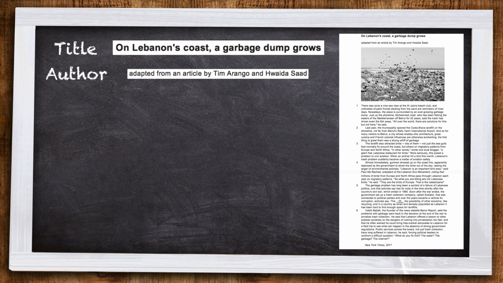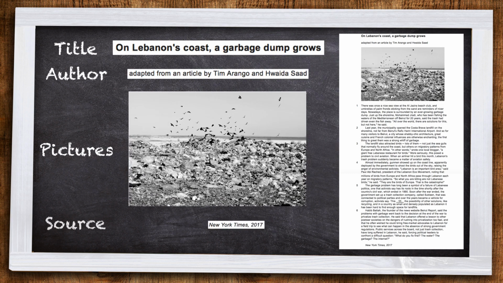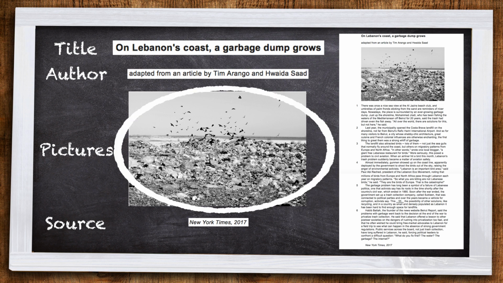Before I actually do any reading of the text itself, I start by reading the title, looking at the writers, any pictures, the source and, if there are any, subheadings. This helps me establish the topic of the text and activates previous knowledge of the subject, which can help me in understanding the text better. In this case, I think the text will deal with environmental problems, specifically in Lebanon.